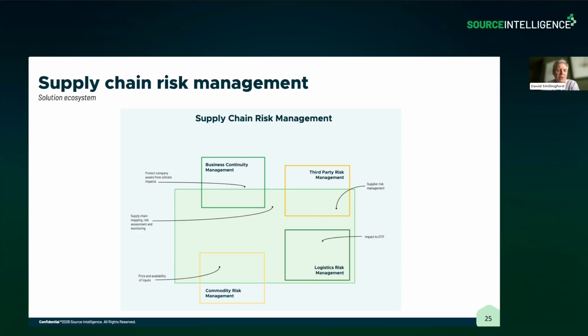And then the material risk. Do I have enough of the materials and inputs that I need in order to make the product that I make? So if you think about those as the different components of supply chain risk management, in the middle of this is the what, where, and the who. What is it that we're relying upon? What are the materials? Who are my suppliers? And where are they? Where are the factories? Where are the ports? Where are the distribution centers? So that commonality of data applies to all of these different risk functions,